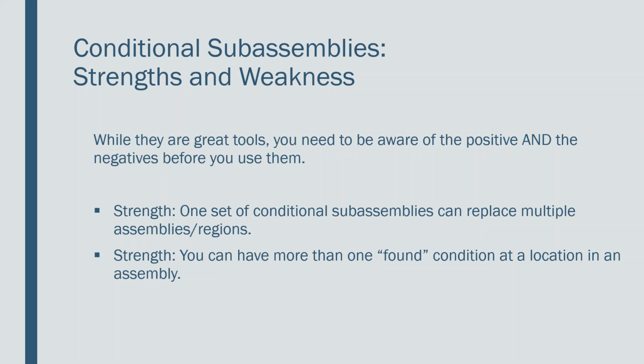And using conventional methods, that turned out to be about 34 different regions. You had some that didn't have any driveways, some to the left, some to the right, but there were also some that had left and right because the driveways were overlapping, if you will, on the left and the right-hand side. That particular project, we were able to get down to one assembly for the entire length of that 1 mile stretch by using conditional subassemblies, saying, hey, where there are no driveways, this is what you do, but if you have a driveway on the left or on the right, do this or that and put in the driveway